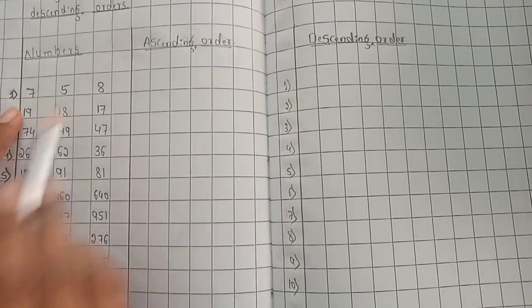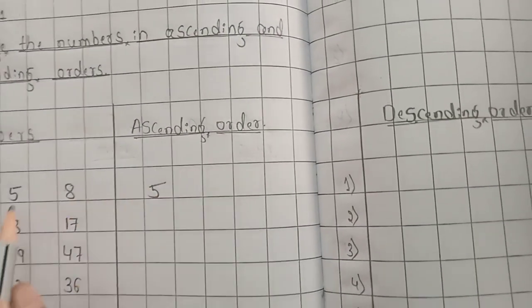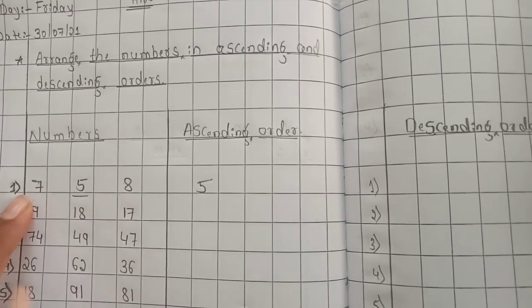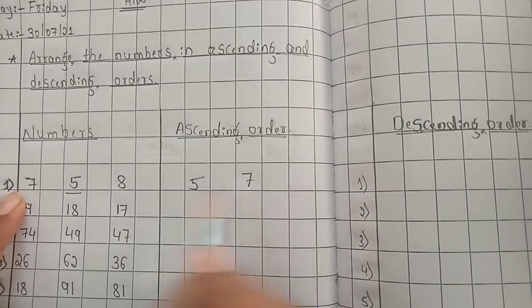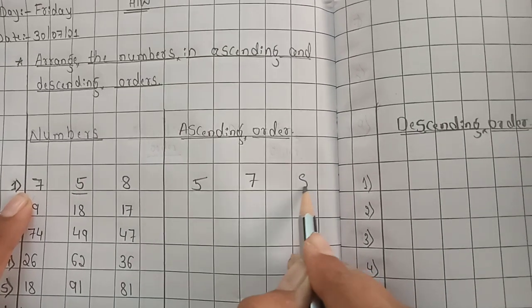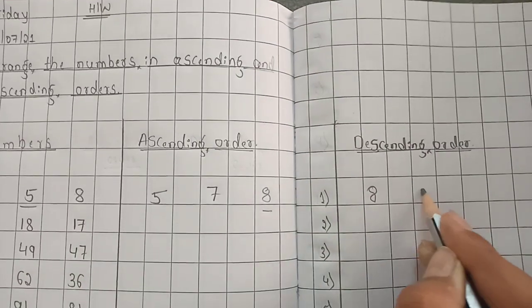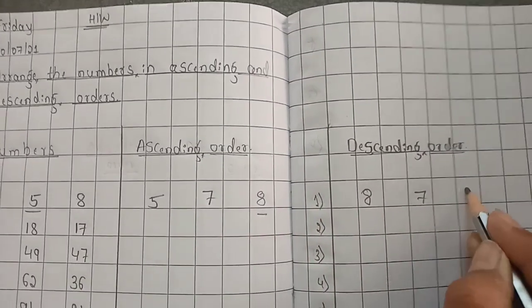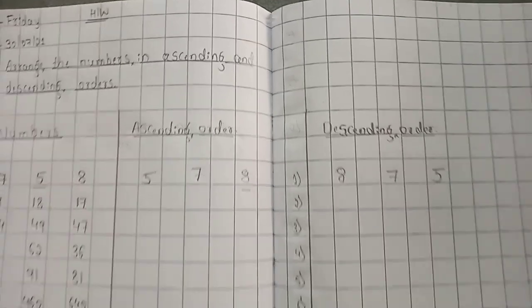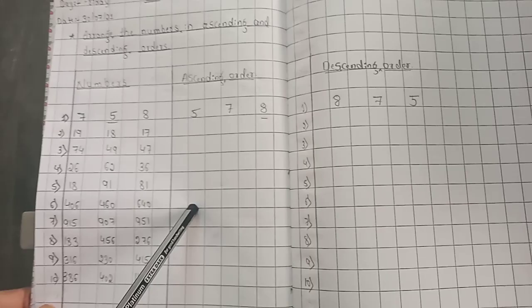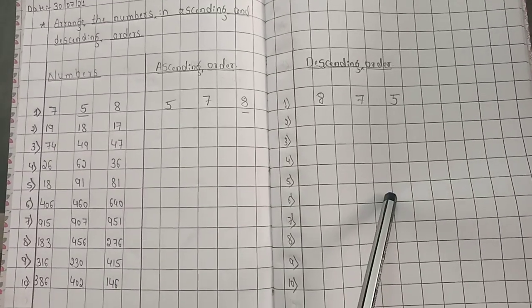In these three numbers, which is the smallest one? We had to write it at first. Number 5 is the smallest. And next 7 and 8, which is the smaller? Number 7. Now the remaining number 8, we had to write it. Now from bigger at first, 8 is the biggest one. We had to write 7 and last 5. Like this, we have to arrange the numbers from smaller to bigger in ascending and bigger to smaller in descending.